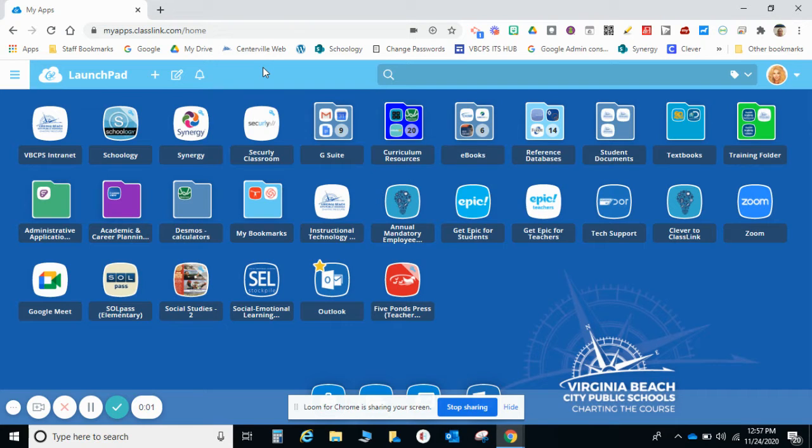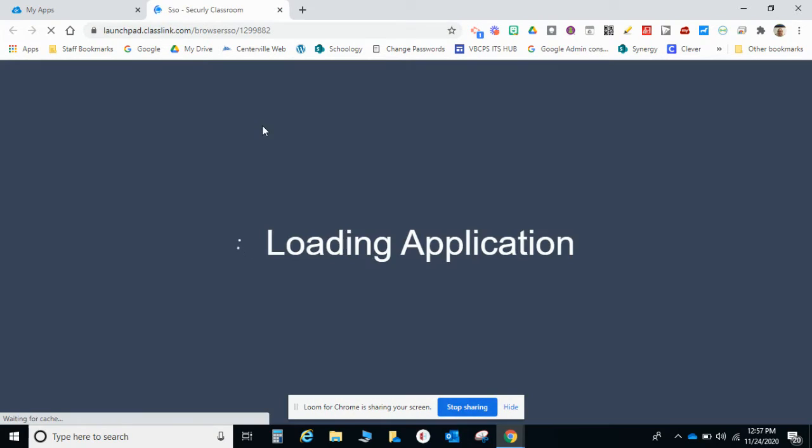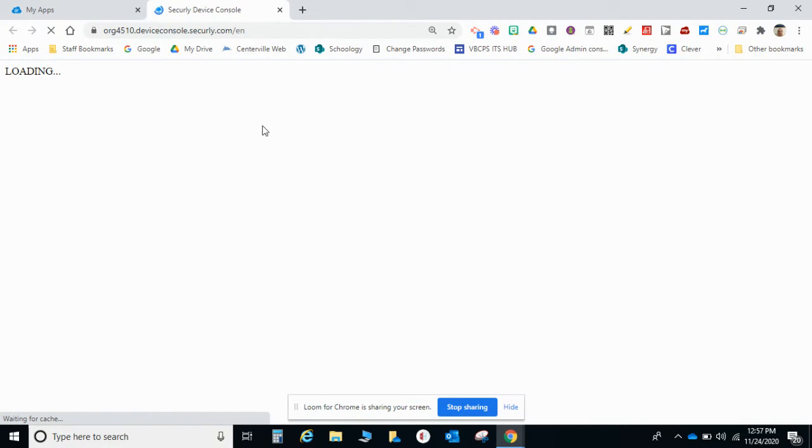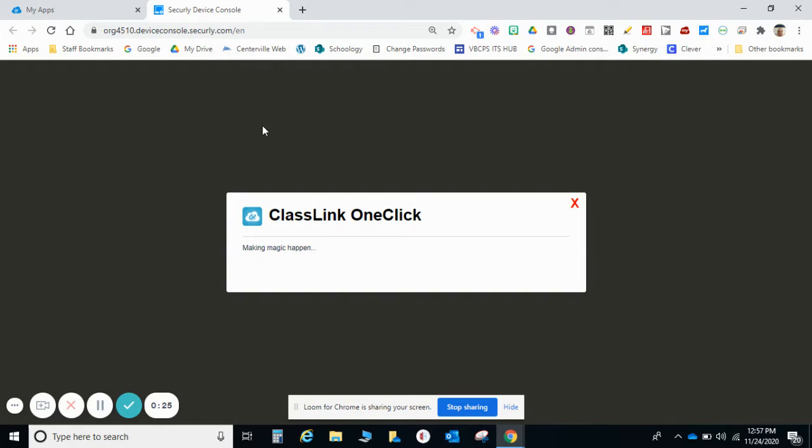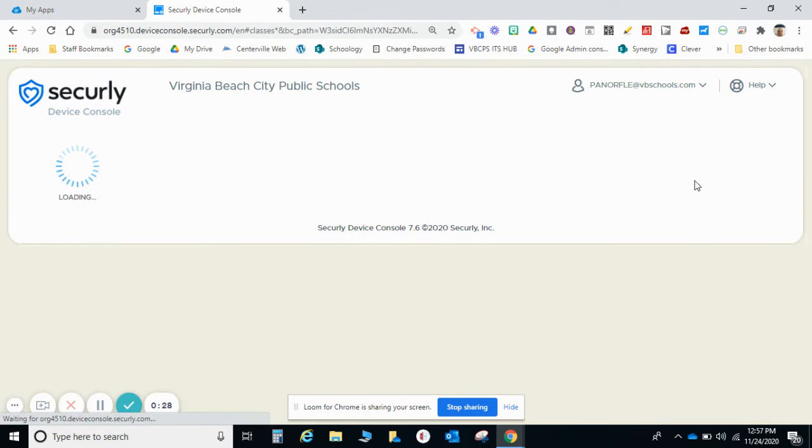I'm going to show you how to set up a Securely Classroom with specific students. So I'm in the Launchpad and I click the Securely Classroom icon. Now, when Securely Classroom opens, mine may look a little bit different than yours. And so I'm hoping you can see at least enough of these to be able to create your own classroom. You might have to give a little give and take here because your screen may look a little different than